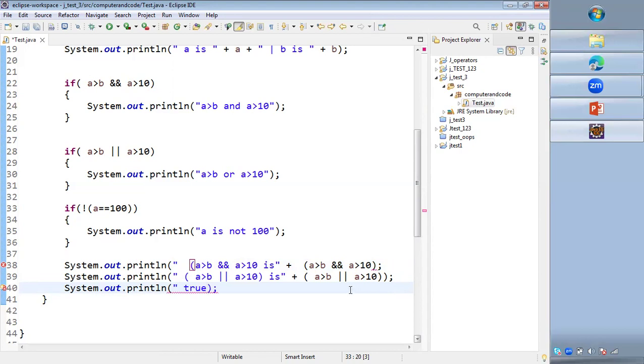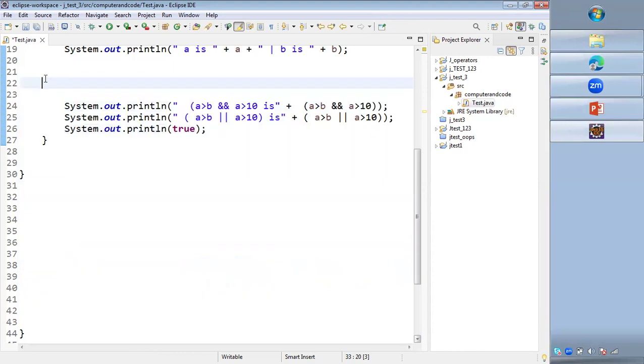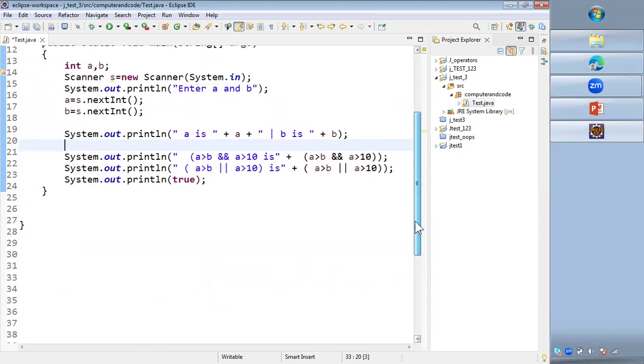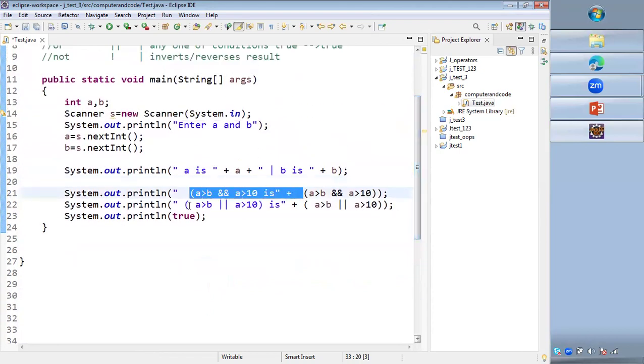So it will make it false. I'm giving true, it will give you false, and here we should enclose it again. And I'm removing this if statement. Let's keep only the println statements. So here we have used AND, OR, and NOT, with not true. So when I execute,